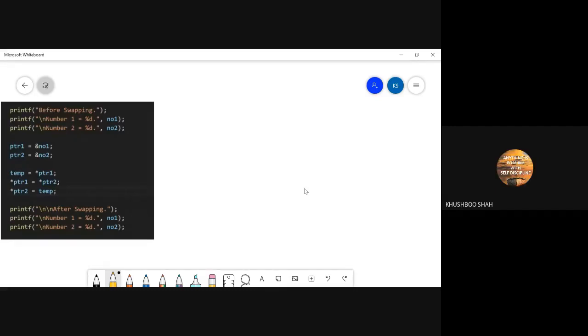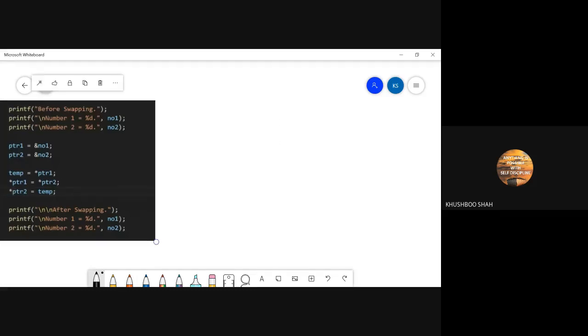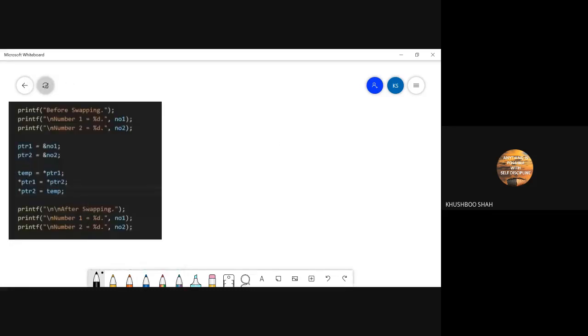So now the same thing we will understand through the graphics. I have not taken that declaration part, but I hope you will understand it. So what will happen in the memory?